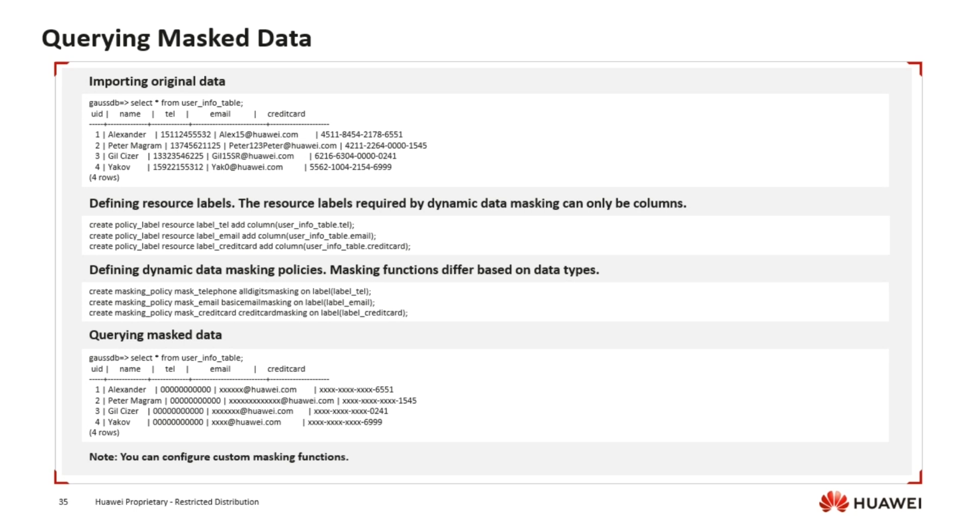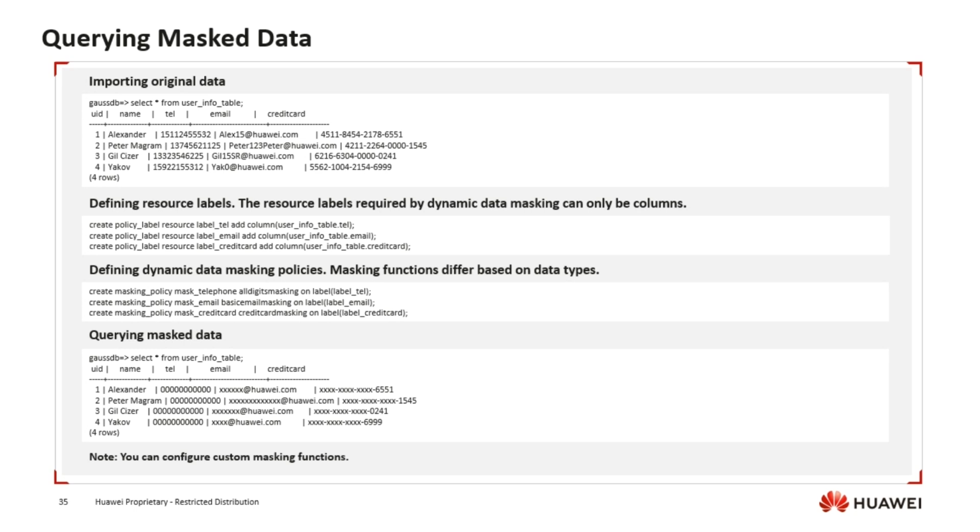Also, with an example, we have a table named user info table, which contains UID, name, phone number, email, and credit card. Most of them are privacy information, so we'd better restrict the data output. What we can do is create a resource label for each column and apply masking policies for each label: all digit masking for phone number, basic email masking for email, credit card masking for credit card info. As a result, we can see